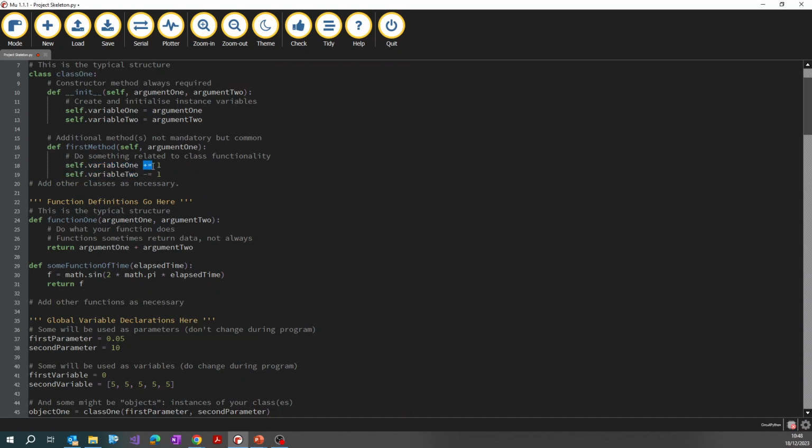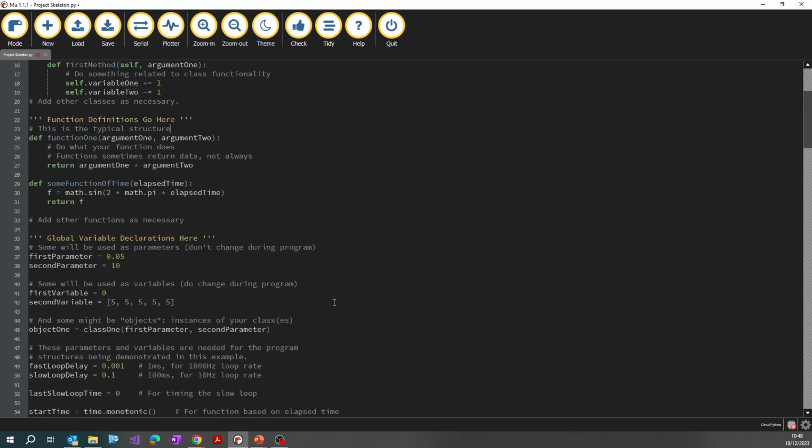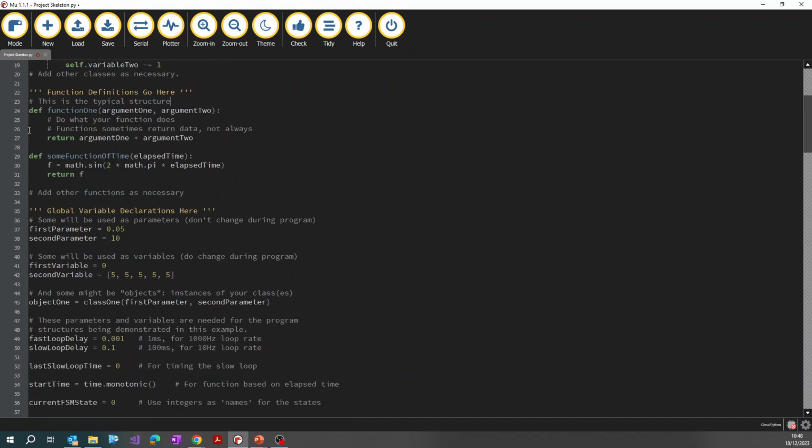In case you've not seen it before, note this syntax. Plus equals means the thing on the left is set equal to itself plus 1, and minus equals means the thing on the left is set equal to itself minus 1. Okay, and then if you are going to create more classes, then you would do them in this sort of section. Okay, defining functions. So the first one here is similarly just